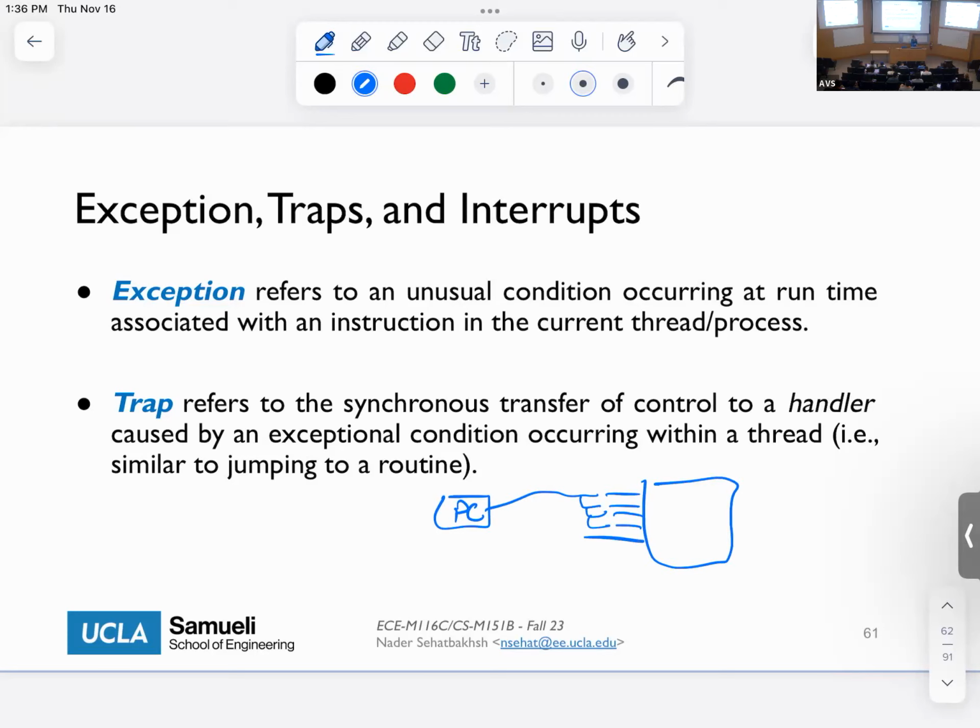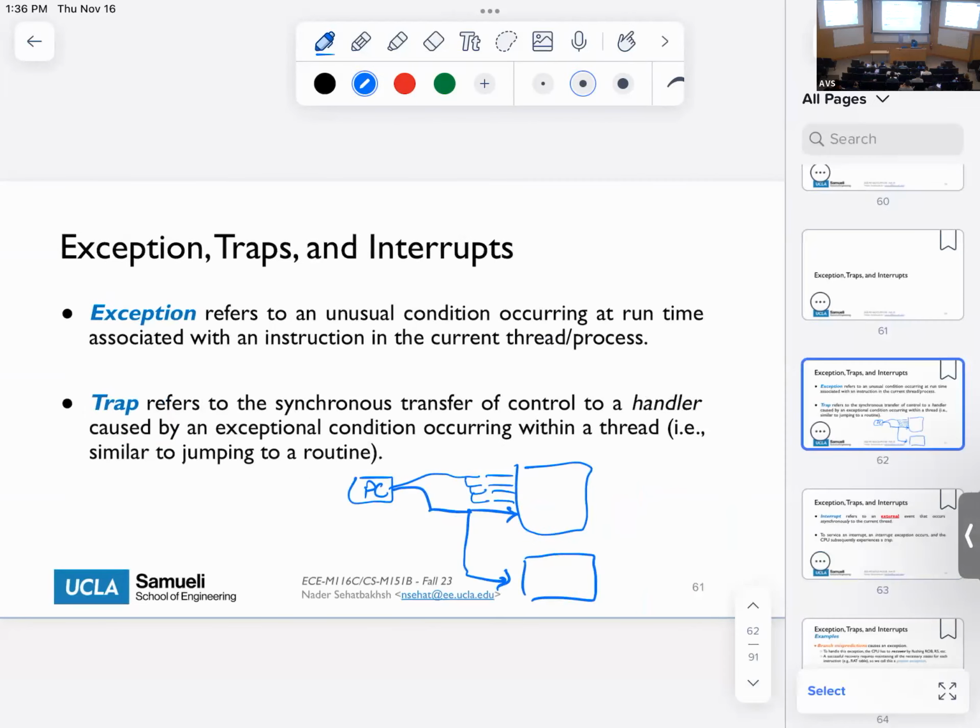At some point, something bad happens. In order to handle that, your system traps your CPU to run that. The trap means that instead of running this instruction, go and jump to wherever this handler is, okay? So we are forcing this PC to update its value to some value that we want it to be, okay? So if I actually want to show this in terms of the design,